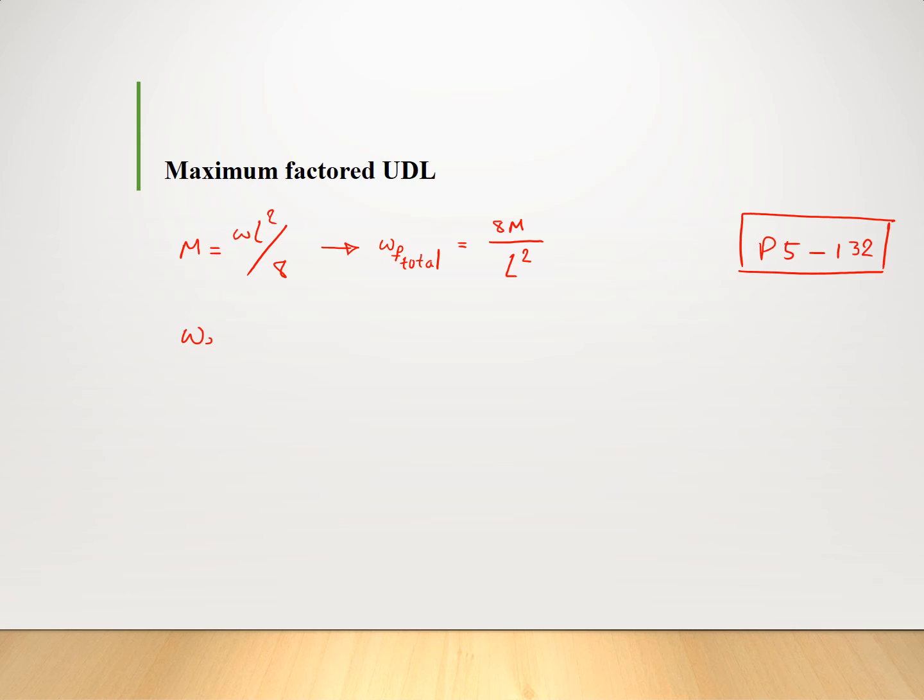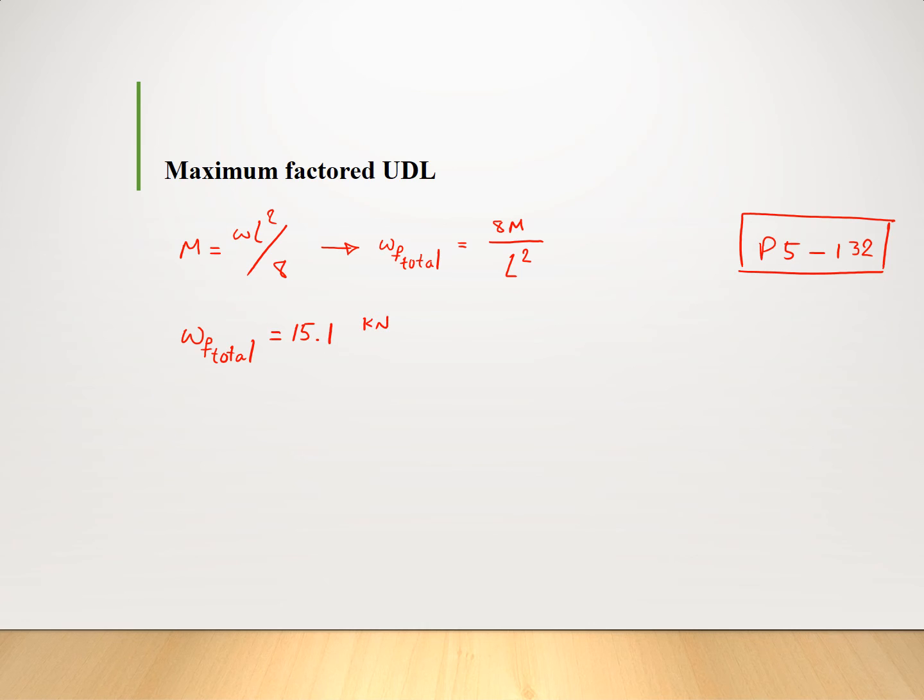Now we have to calculate the maximum factored load. If you look at page 5-132, you can see that M is equal to omega L squared over 8, which will give us then that factored total omega will be equal to 8 times M over L squared, which omega F total will be equal to